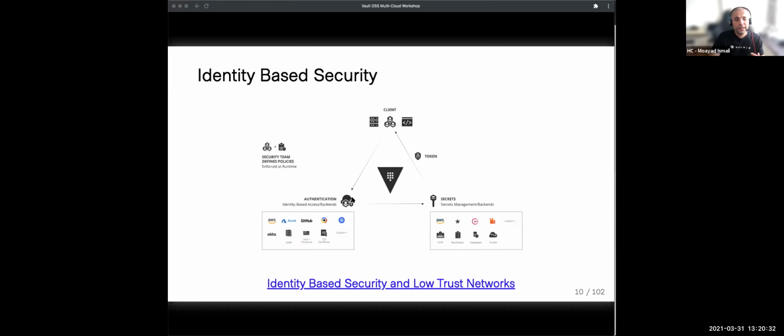They must authenticate themselves against an identity provider that you trust, such as LDAP, Okta, Active Directory, or the cloud provider IAM. You have many different options. Once the authentication is done, based on the policy that's been set for authorization, Vault will allow the client to retrieve the secret it needs to connect to the target system. And you will see some of those examples in the labs.